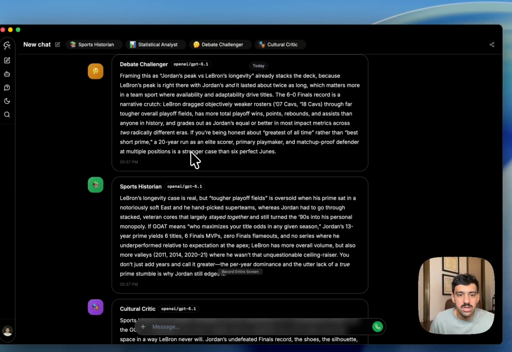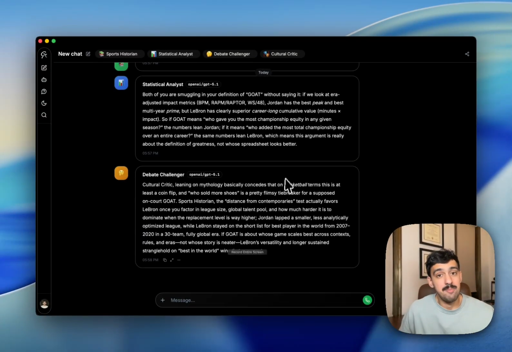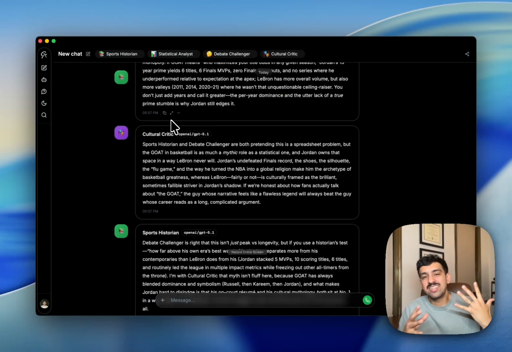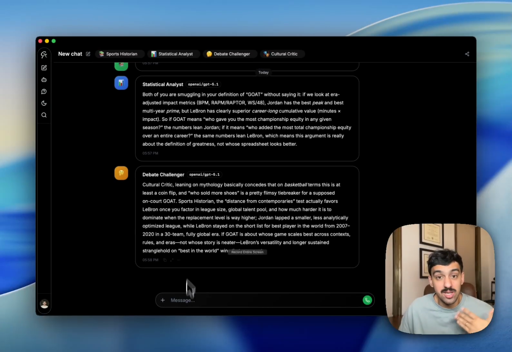So we had 1, 2, 3, 4, 5, 6, 7 straight messages before they determined that it was time for the user to chime in or whatever. So yeah, that just kind of shows you're able to let the conversation flow a lot more naturally before you're prompted to chime back in. And you can always tell them to continue, but yeah.